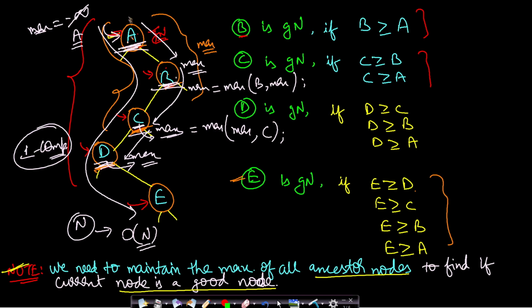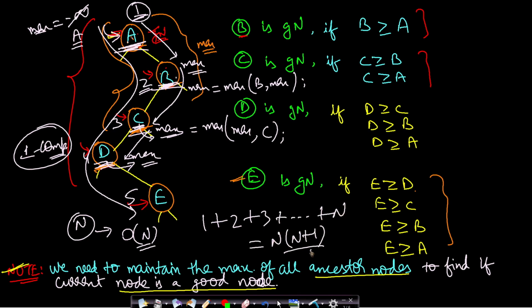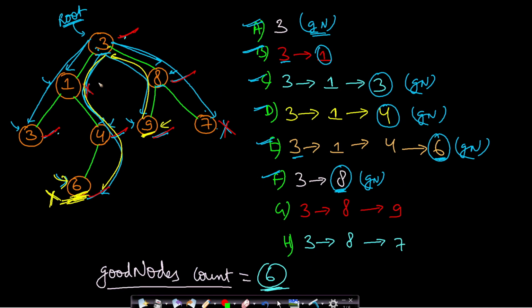So for the first node, we will traverse one level. For node B, we will traverse 2 times. For node C, 3 times, 4 times, 5 times. And so it will be the sum of the first n natural numbers, which is n into n plus 1 by 2, which will be equal to order of n square. Okay, so this is not efficient at all. Therefore, maintaining the max variable makes sense, and it reduces the time complexity from brute force n square to optimized order of n. Okay, so this is a very important optimization.